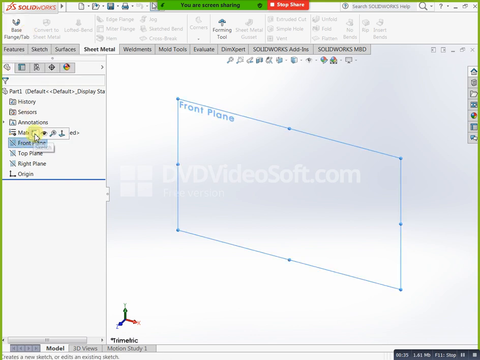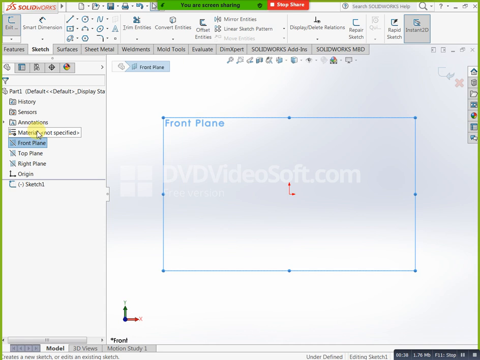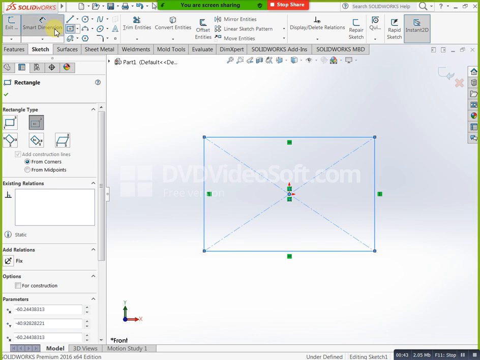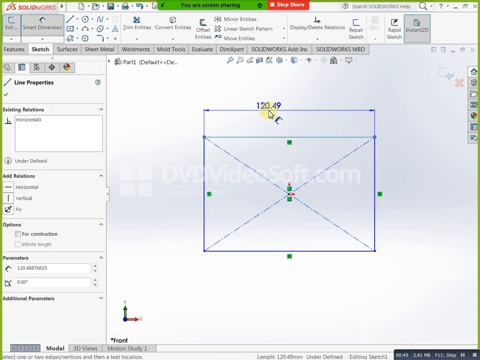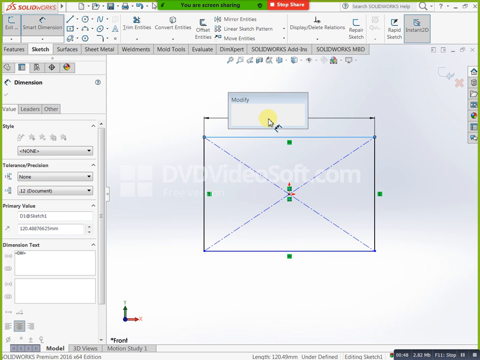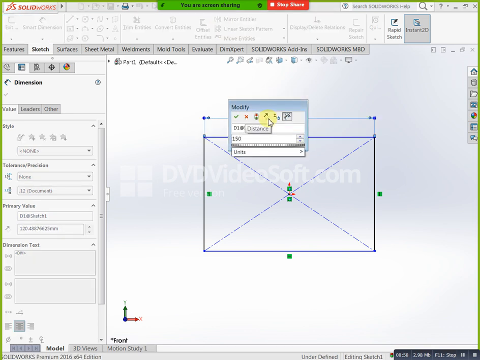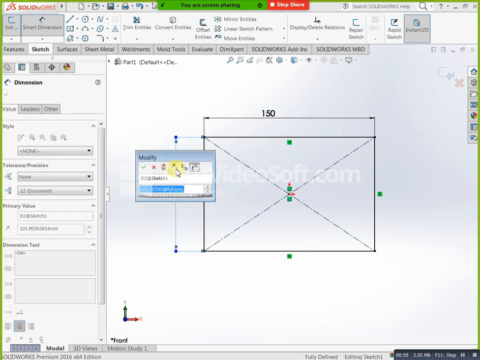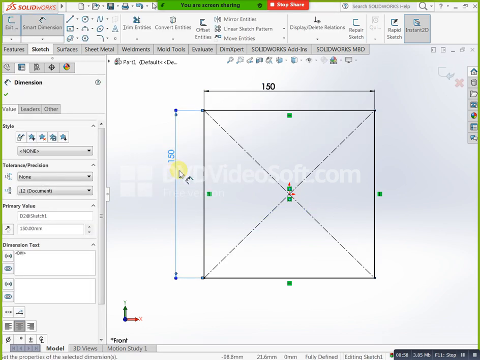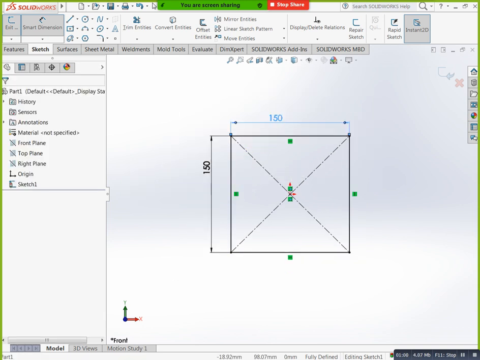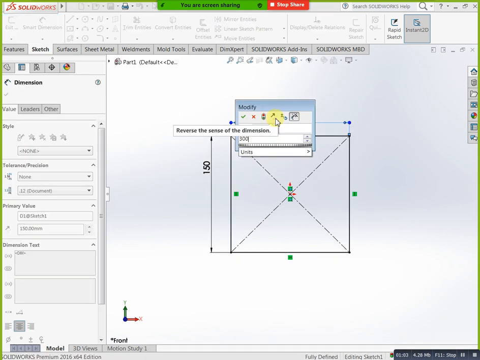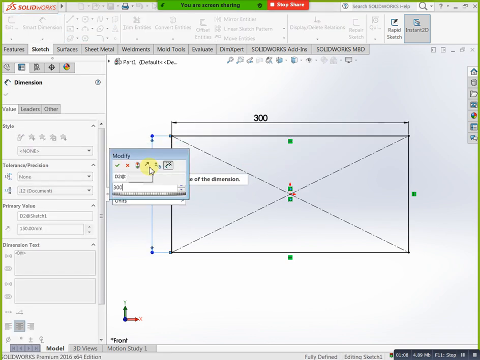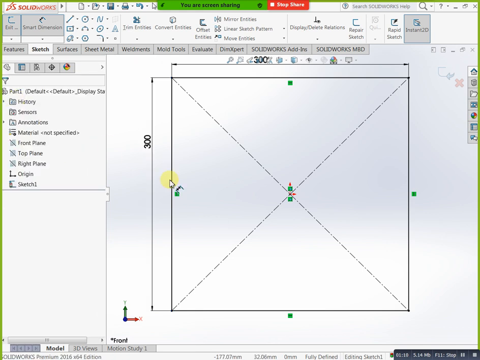Now you can select the front plane here and go to the sketch. Now I am creating one rectangular sheet. I know that rectangular sheet dimension. Just select the small dimension and mention it here to here. How much is this dimension? 150. And this one is 150. This is my sheet. Otherwise you can change it to 300 by 300. This side also 300. Just you can do okay.